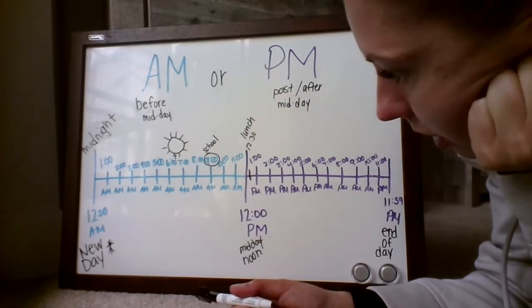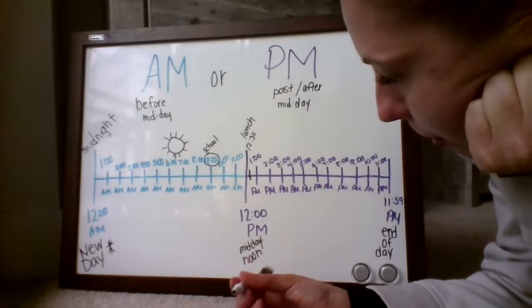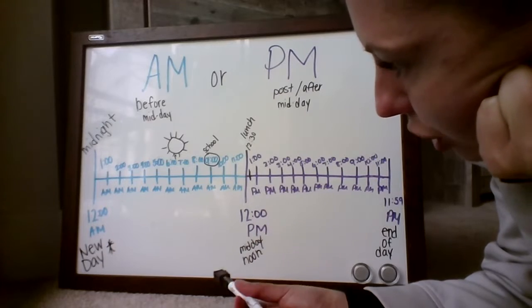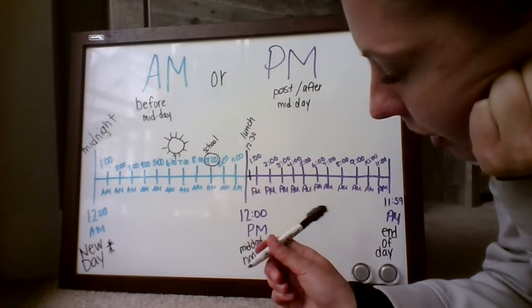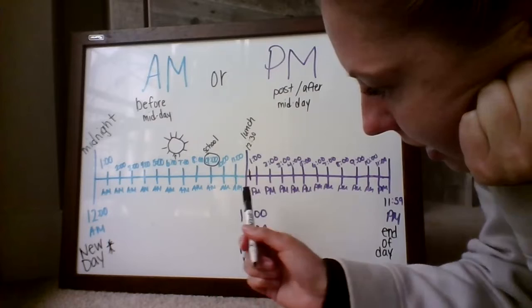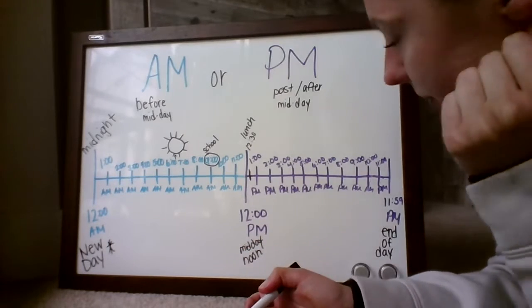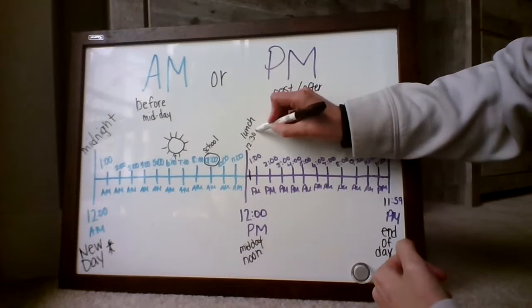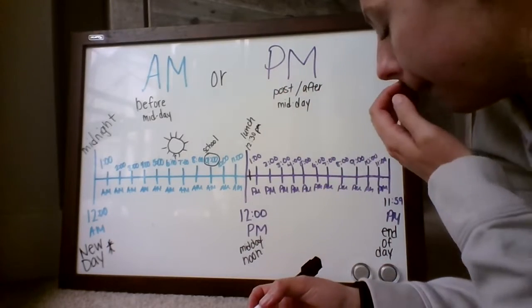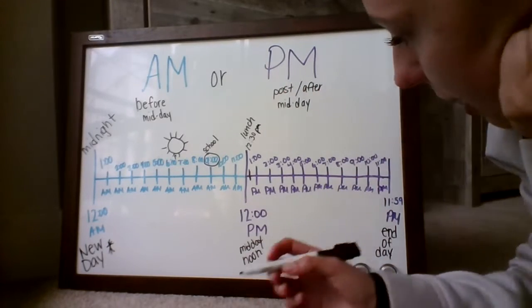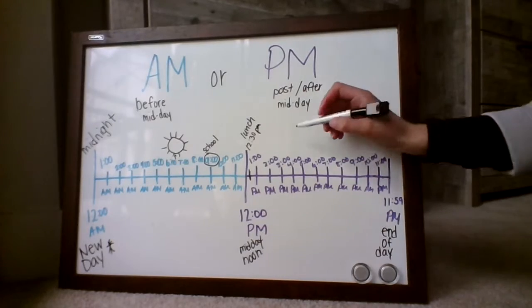Okay? So our AM is our blue, our PM is our purple, and this is before midday, and this is after midday, and midday or noon is at 12 o'clock p.m. So we have lunch at 12:30 p.m. Good. I know we end school at